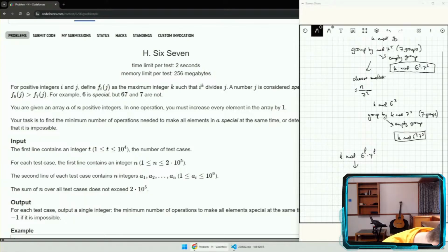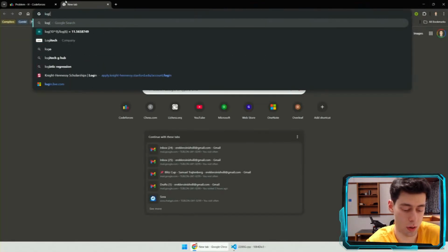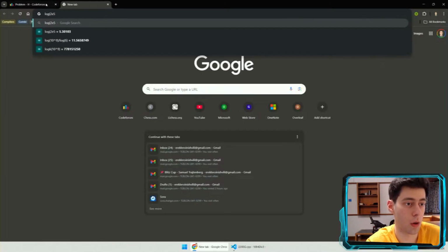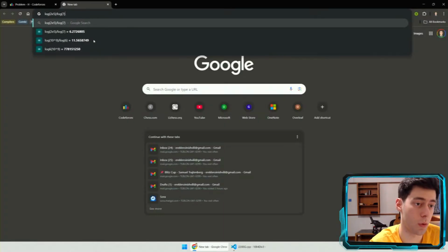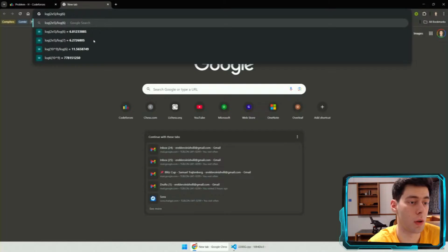So basically, since n is at most 6 to the 11... What's log 7? Wait, really? Oh, okay. That was so it's not 6 to 11. This is the value. So